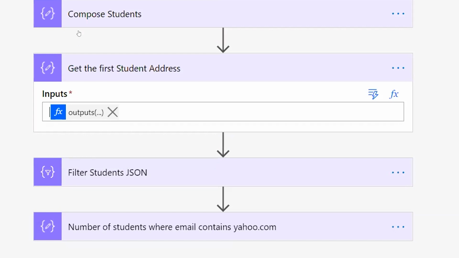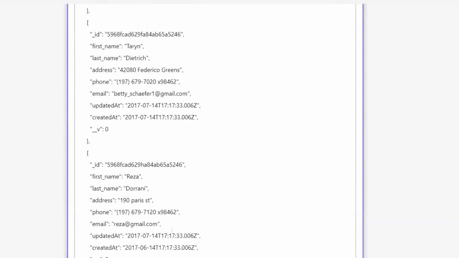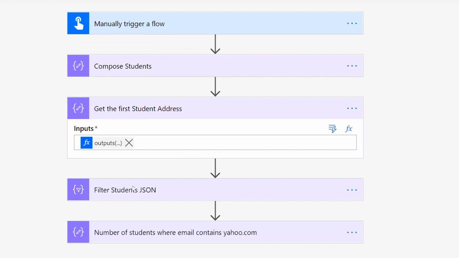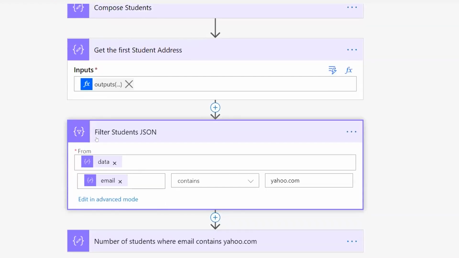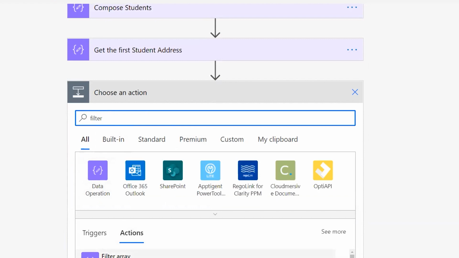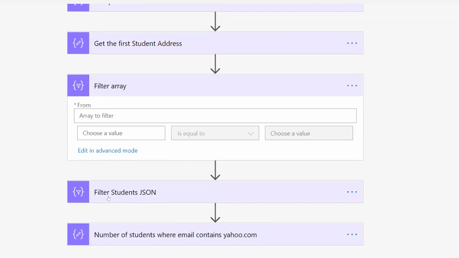Next thing is, let's say I want to filter all my students and I want to grab only those students where the email address contains yahoo.com. I have 3 students, one which has Yahoo, one has Gmail, one has Gmail. So 2 Gmails and 1 Yahoo. Now, how do I filter this? Now in Flow, there's an action called filter. And if you've never used this before, I'll show you how you can search for it. Just search for the word filter, and it's a data operation. It's called filter array. Now the key thing to understand about filter array is it requires an array, it requires a collection. You can't just give this a string or an integer. You cannot do that.